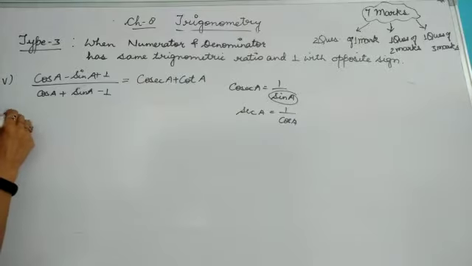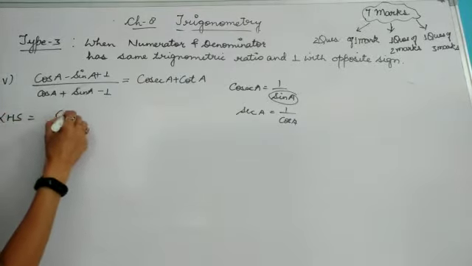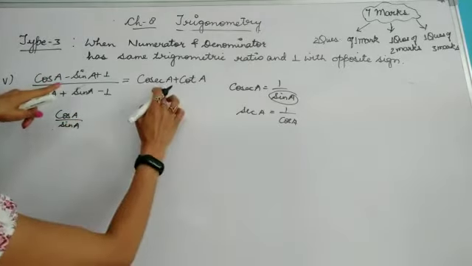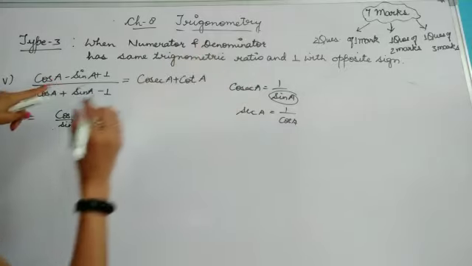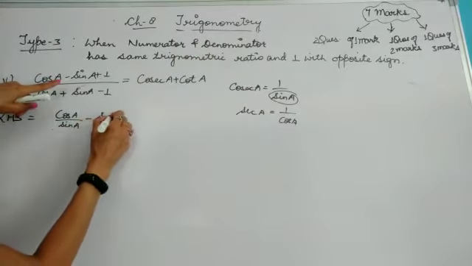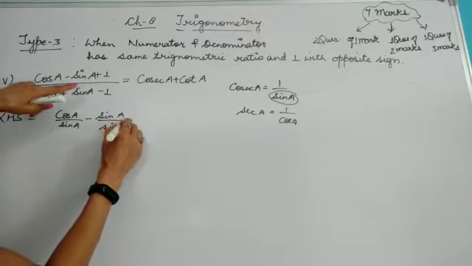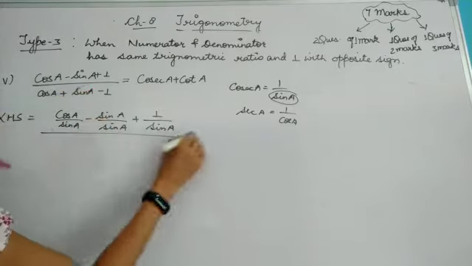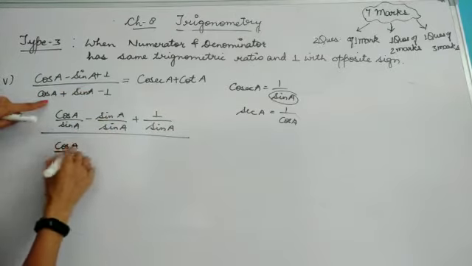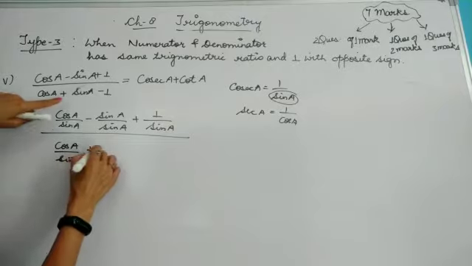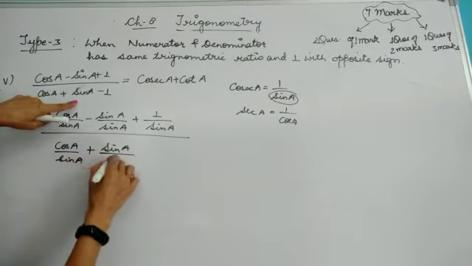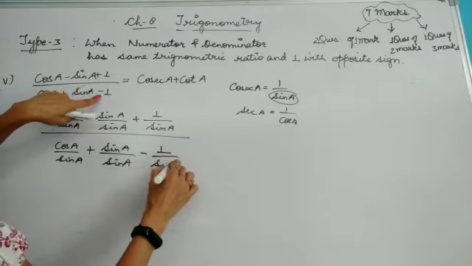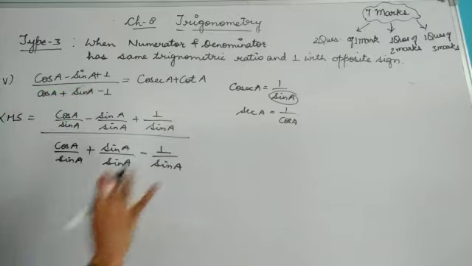So let's divide it. This is my left hand side. So cos A, I am dividing each and every term by sin A, because here it is written cosec A and the reciprocal of cosec A is sin A. Minus sin A upon sin A plus 1 upon sin A. Whole upon, this is again cos A, so I will be dividing it with sin A, plus sin A, so I will be dividing again with sin A. This is minus 1 upon sin A. So I have divided numerator and denominator by sin A.